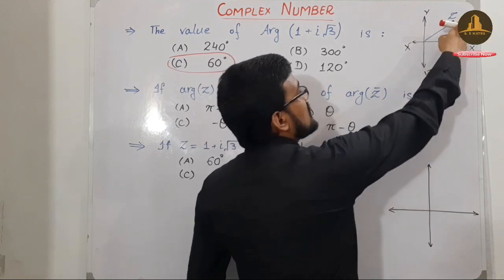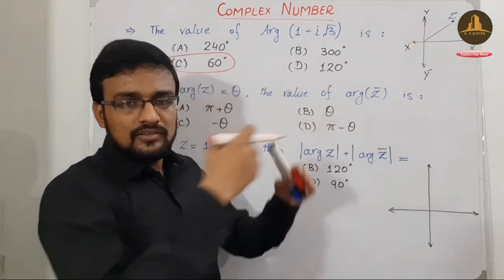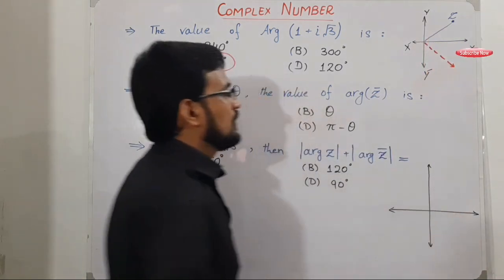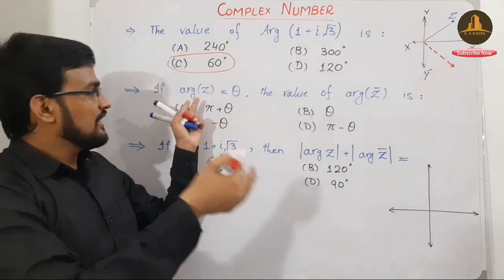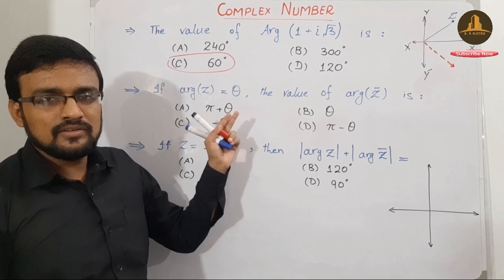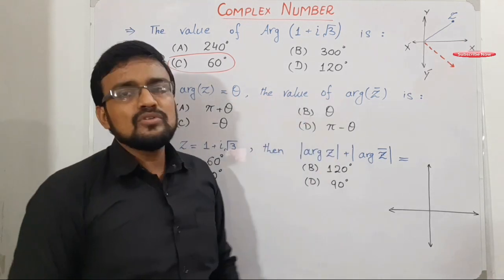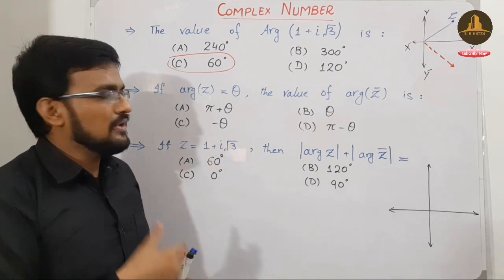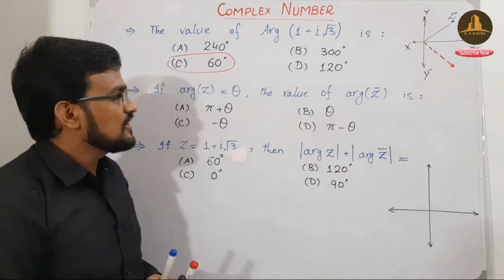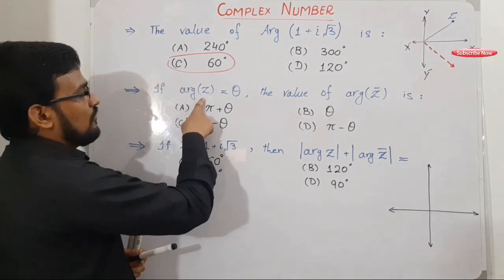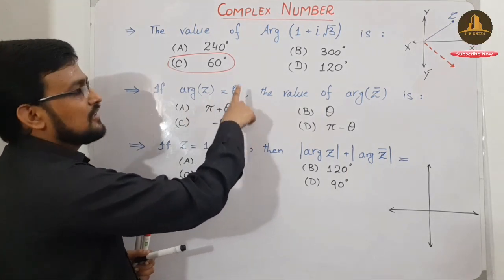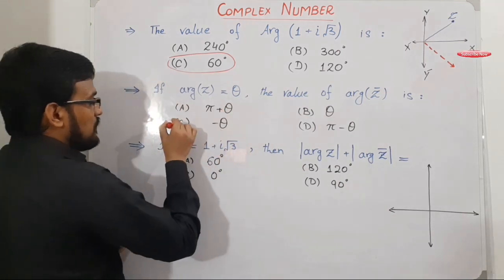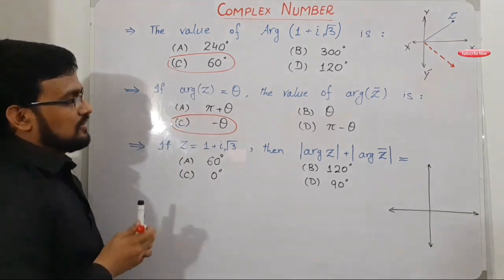It means if z is in the first quadrant, then the conjugate is in the fourth quadrant. If the complex number is in the second, then the conjugate is in the third. Only the y-axis shifts due to conjugate, the x-axis, the real number, remains the same and the imaginary number changes with sign. So if the argument of a complex number is theta, then the argument of its conjugate will be negative of theta. Okay student,